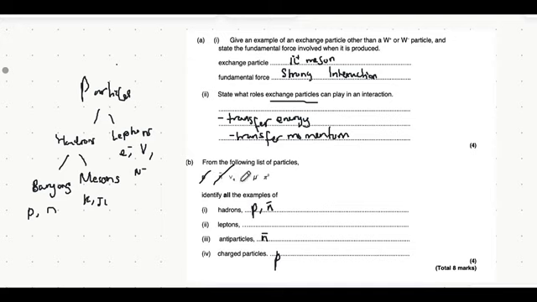Now for a neutrino, this is an electron neutrino. That's what the e on the bottom right means. That just means that it's the neutrino that is produced with an electron. So a neutrino, is it a hadron? No, because it's a lepton. So we put it in the lepton column, or row, sorry. Is it an antiparticle? No, because an antineutrino would be an antiparticle. Is it charged? No, because a neutrino is uncharged and it has almost 0 mass.